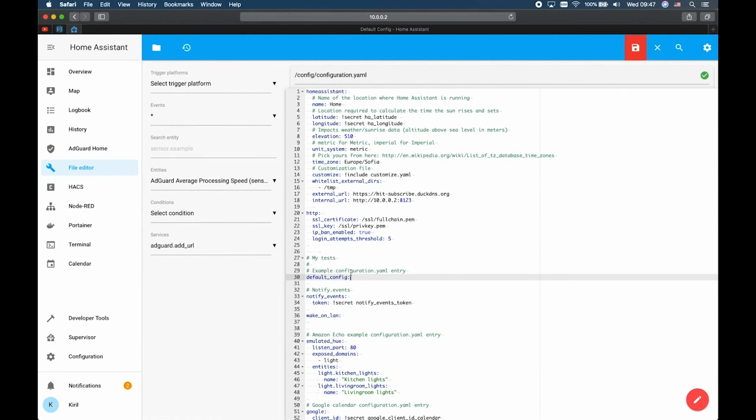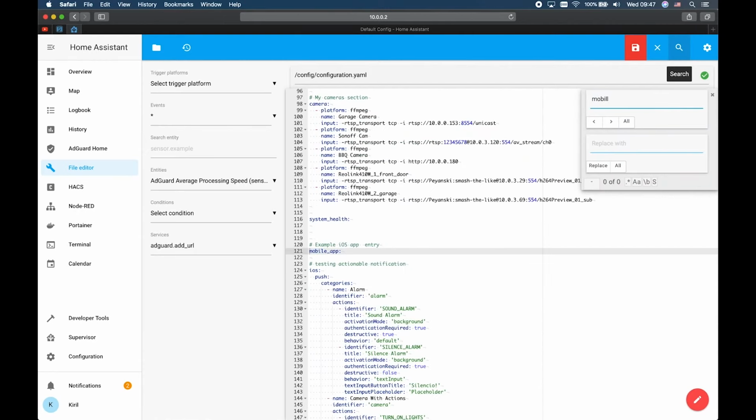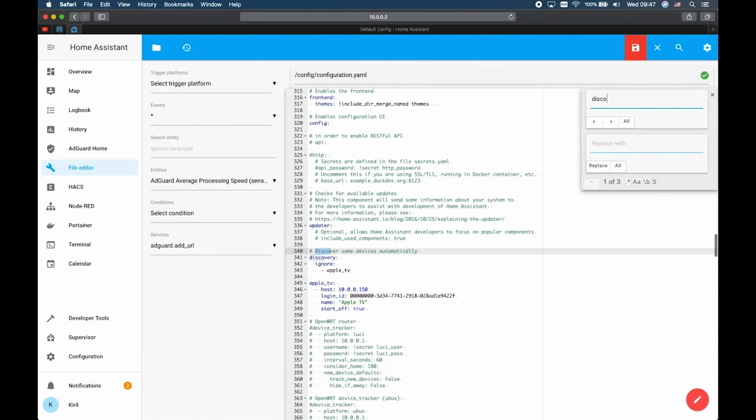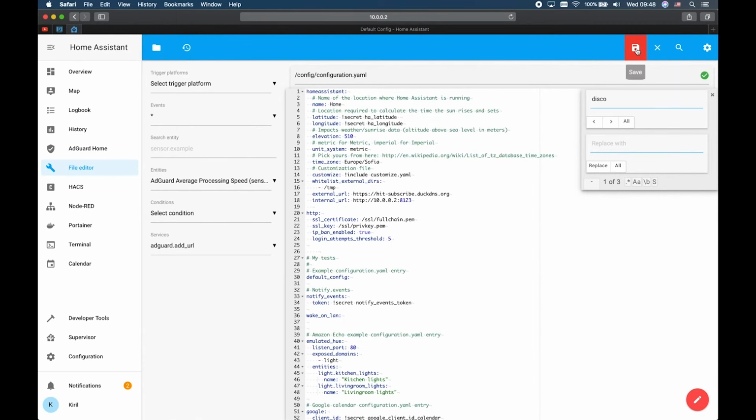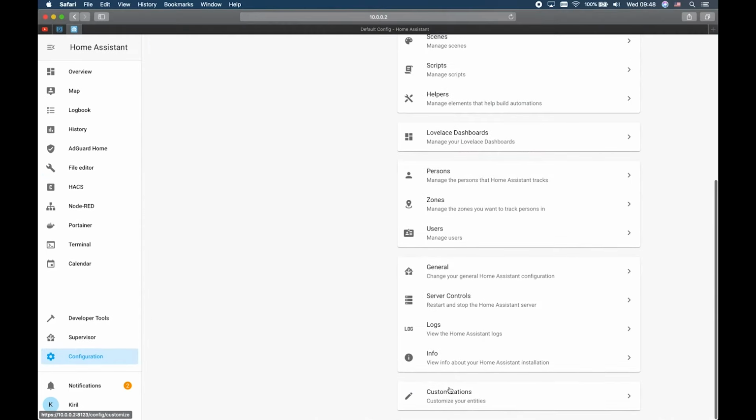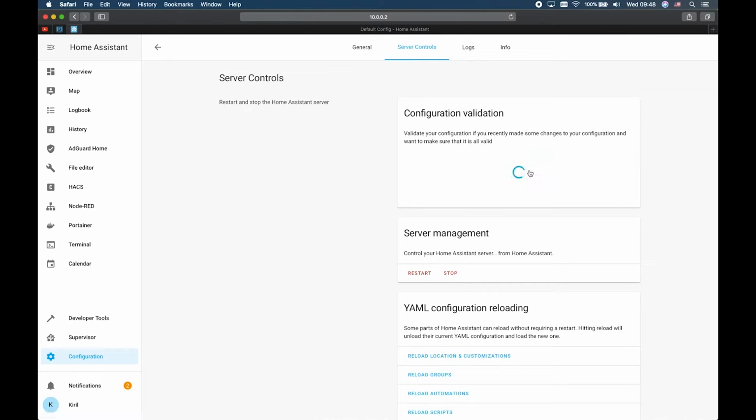If for some reason you don't want to have this default config in your Home Assistant configuration, you can replace this default config with mobile app entry as well as discovery. So you can add these two lines in your configuration.yaml and remove the default config section. It's your choice. I have all of them, and it's working fine. So I'll click Save, then I'll go to Configuration, Server Controls, check Configuration, everything is fine, and I'll restart my